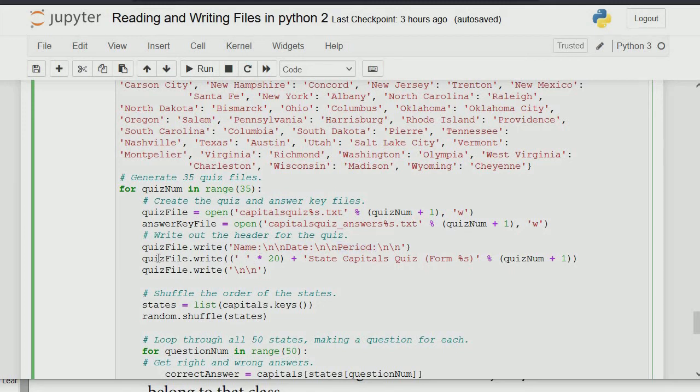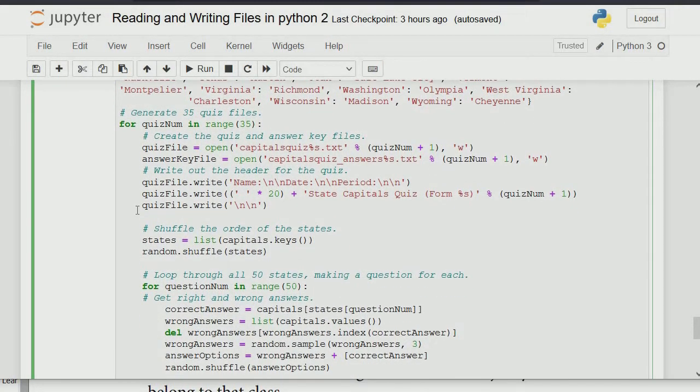Then say quiz.write, times 20 plus state capital quiz form. So you are basically stating, for example, the first one will be 1 times 20, that's 20, state capital quiz form 1. That's basically what you are writing here. Then you write your file here. That's another line now. They are now saying state list capital key. So here you are